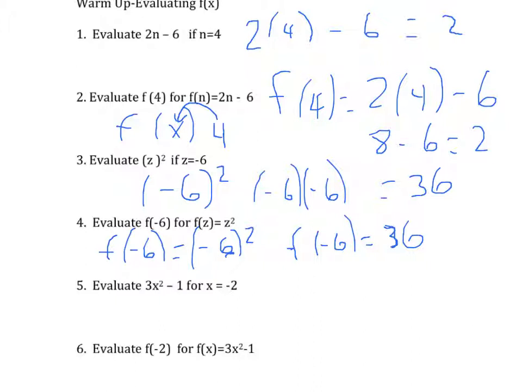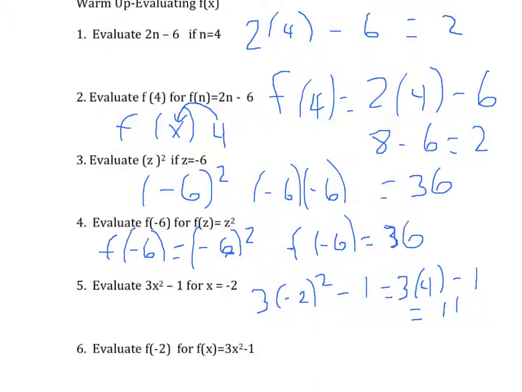The last, number 5, the expression 3x squared minus 1, if you substitute negative 2 in for x, so that's going to be 3 times negative 2 squared minus 1. And so you do exponents first, you square that, that's going to be 4. So 3 times 4 is 12, minus 1 is going to be 11, so the expression is 11. Same thing using function notation. For the function, if you call it a function, this is actually a parabola on the graph, it's U-shaped, but if it's a quadratic,